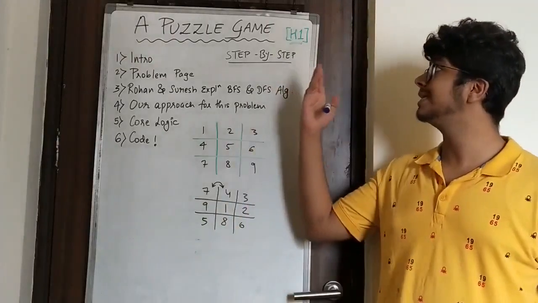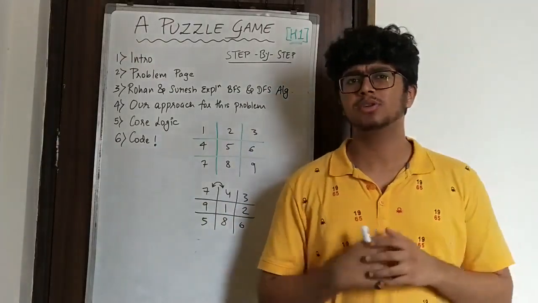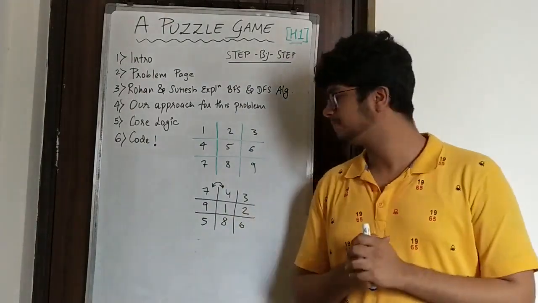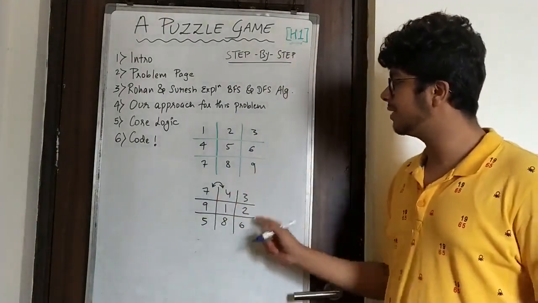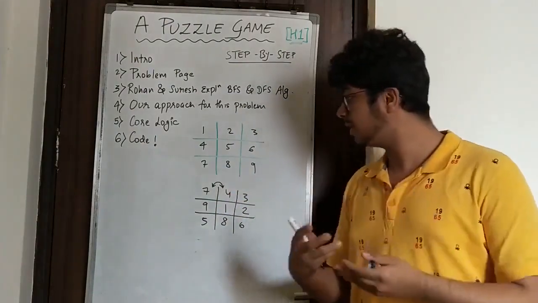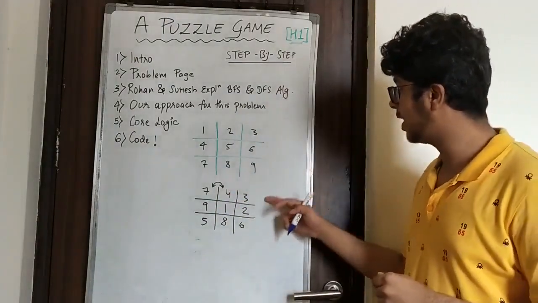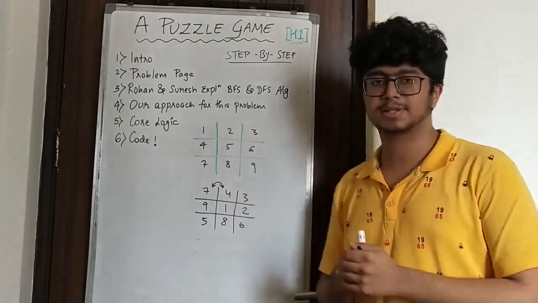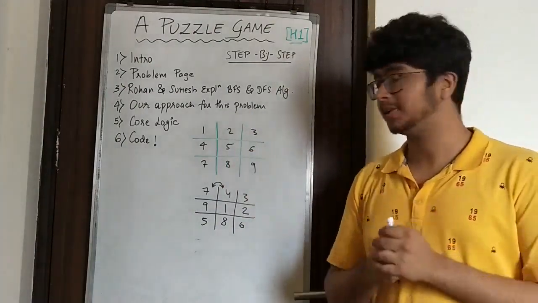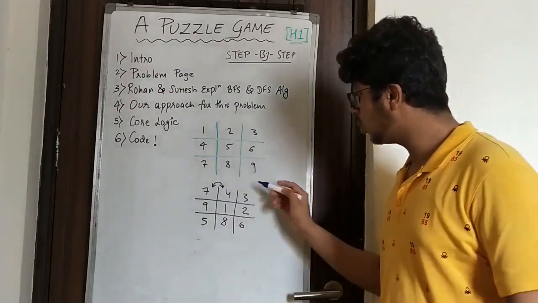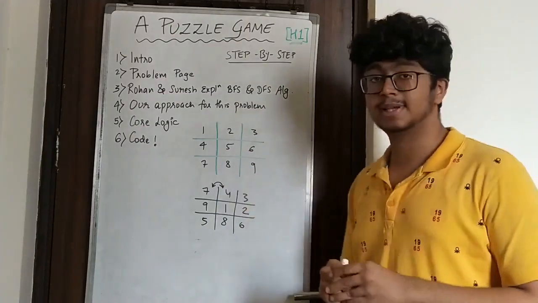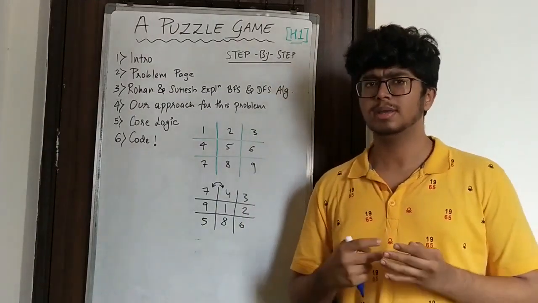The name of the problem is a puzzle game. Okay, so we have to solve a puzzle. Now, let's look at the conditions. First of all, we will be given any random puzzle, and what we need to do is make this puzzle reach this particular stage. So, this is the resulting puzzle. But there is a condition. The condition is you can only swap two adjacent nodes if the sum of both the nodes is a prime number. Okay, that seems easy.